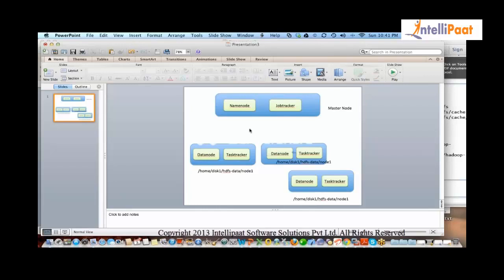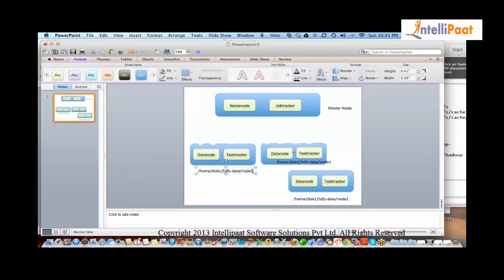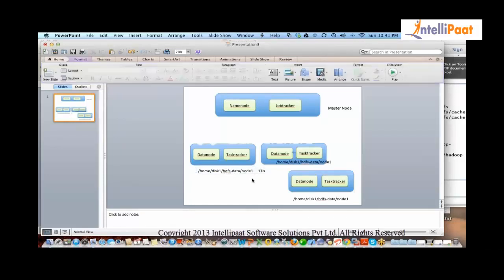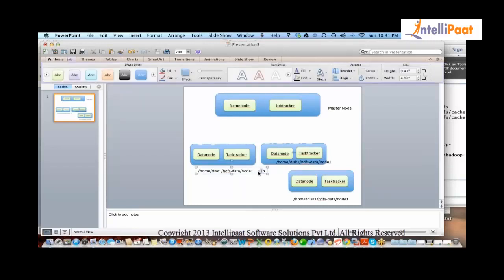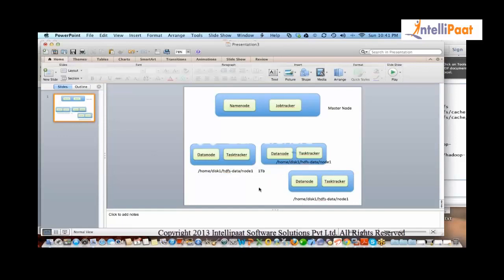Take an example: assuming the storage on this machine is 1 terabyte. I'll take 1 terabyte, 1 terabyte, 1 terabyte, and logically I will be storing 3 terabytes of data. Why? Because logically the disks appear as one to the user. Got it? That's how HDFS works. Is it making sense?